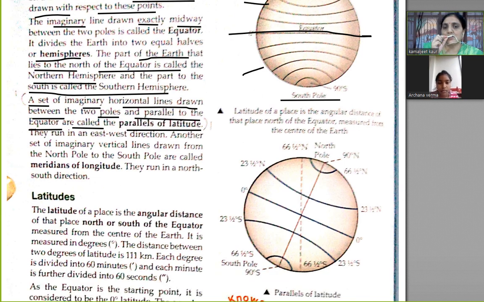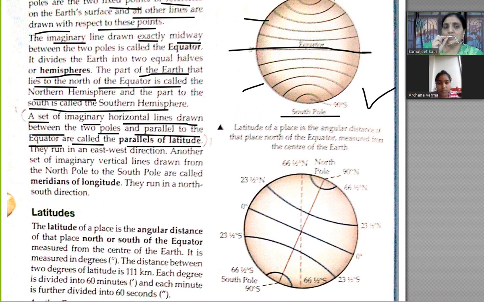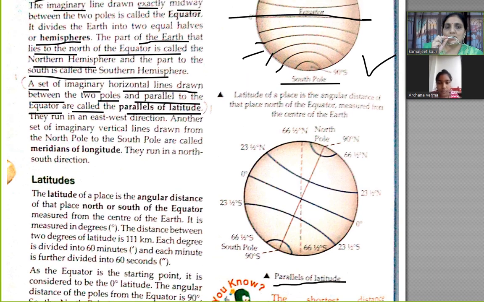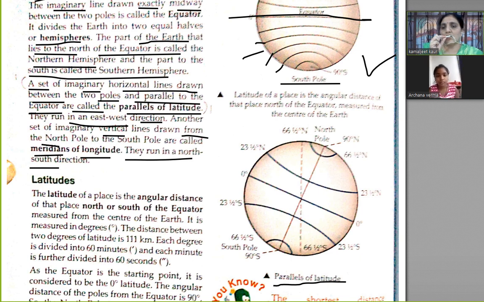इनको हम लोग कहते हैं parallels of latitude। Just see in this picture, ये जो लाइंस बनी हैं इनको क्या कहते हैं? पैरेलल ऑफ लैटिट्यूड। In the next picture you can also see latitude। They run in the east west direction। Another set of imaginary vertical lines drawn from north pole to south pole are called meridians of longitude। They run in north and south direction। जो north से south को होती हैं उसको meridians of longitude कहते हैं। Let's start with latitude।